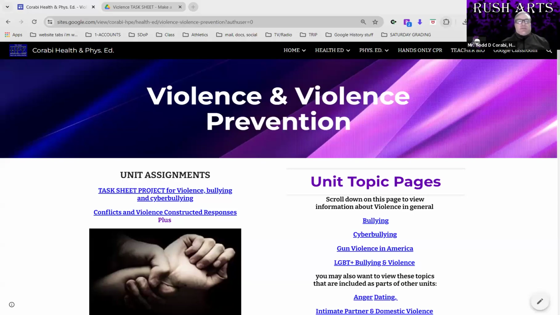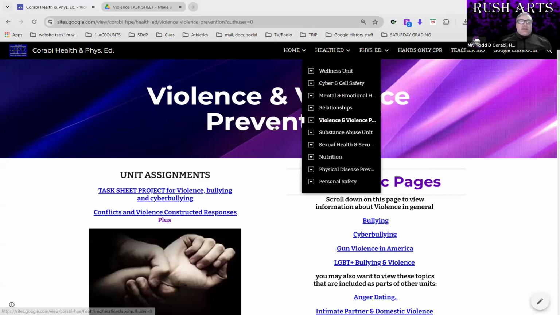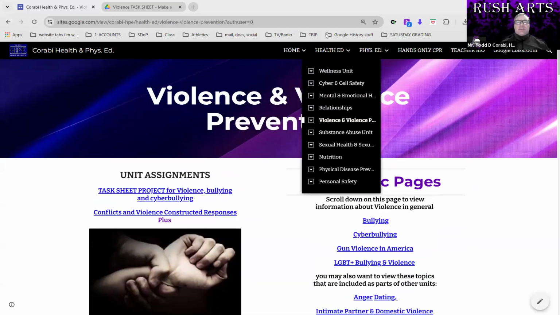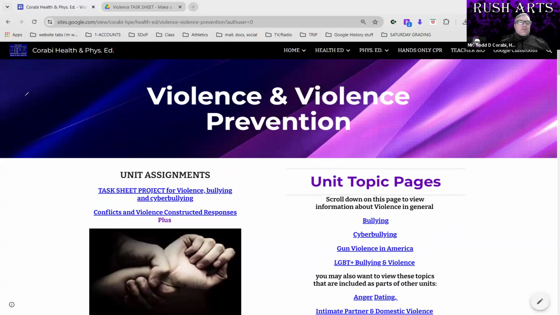As you can see, for this particular school year, we're doing a little pit stop on violence. We're only going to work on it for, give or take, about 7 days: a full week of school and 2 more days. On the violence unit page, I'm going to go through this entire page in a moment, but I want to bring your attention to something momentarily.